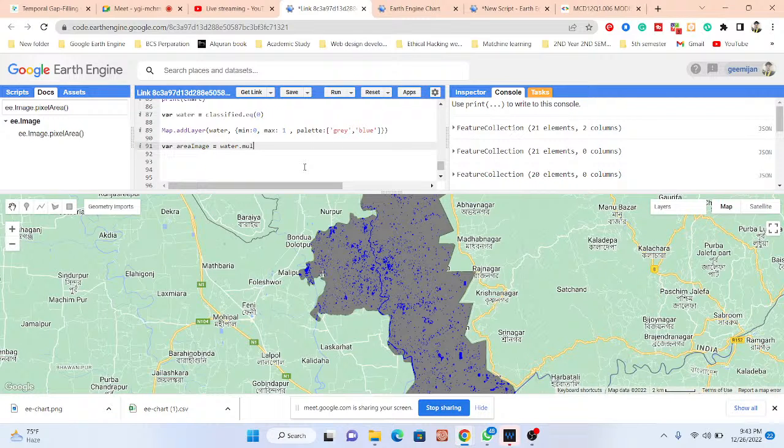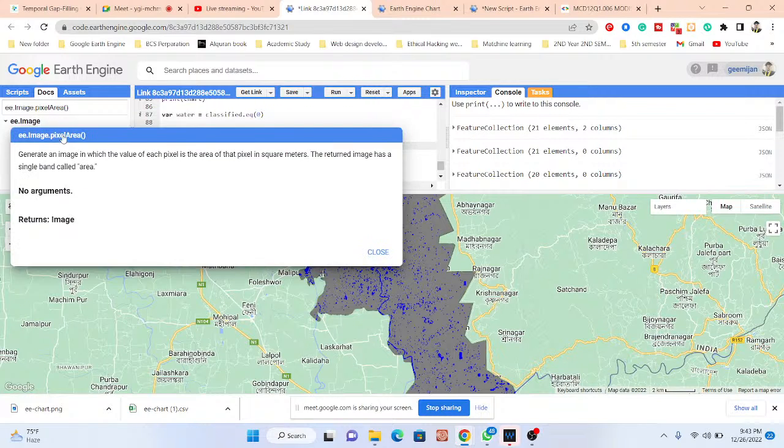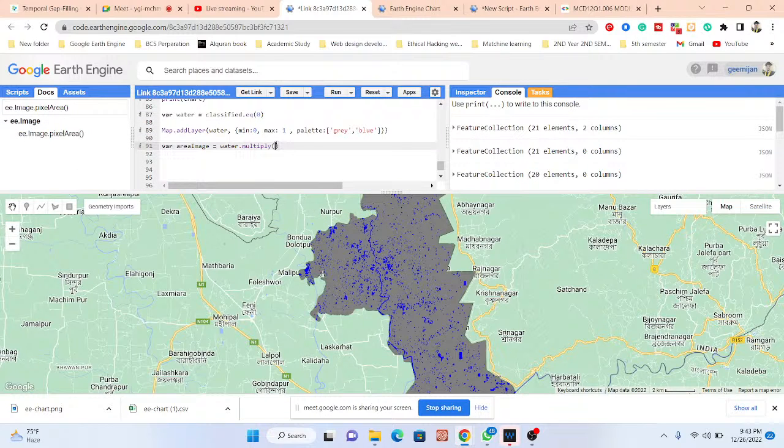I can simply multiply with this function. This function is image.pixelArea. This function I simply multiply with this. Okay. So now I can check. I want to calculate the area only for the water body. Okay. And when I use this image.pixelArea, I get the result in